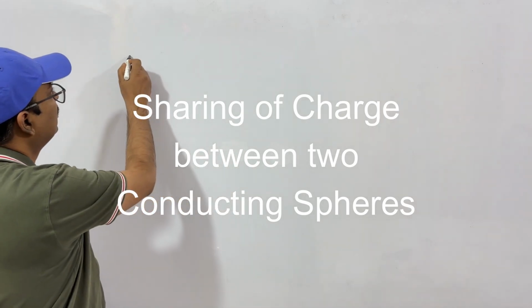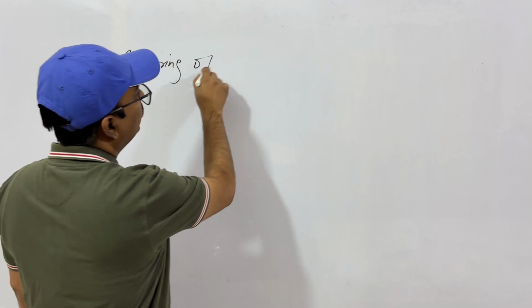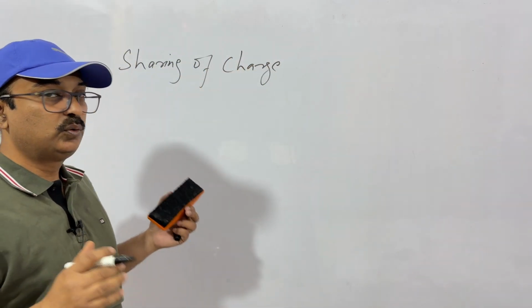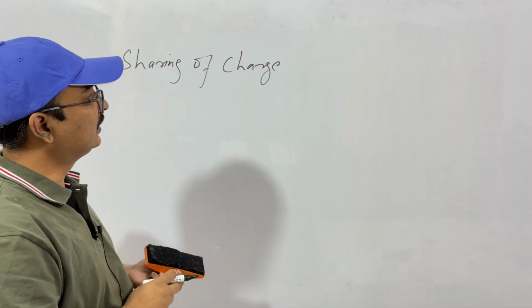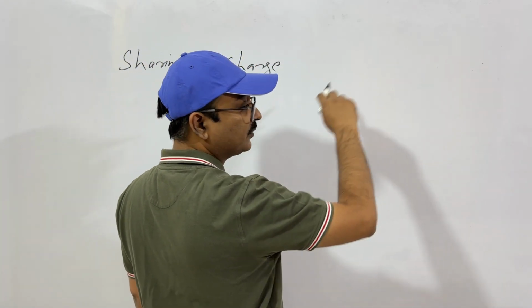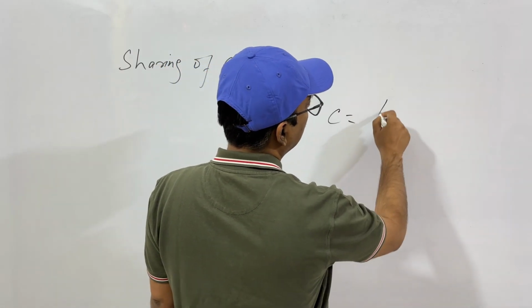Let's see sharing of charge. What is it? Let's understand the concept. When we have two bodies with charge, how is it shared in case of capacitors? Now, if you remember, in case of concentric spherical shells, that is a spherical capacitor, the capacitance was 4 pi epsilon